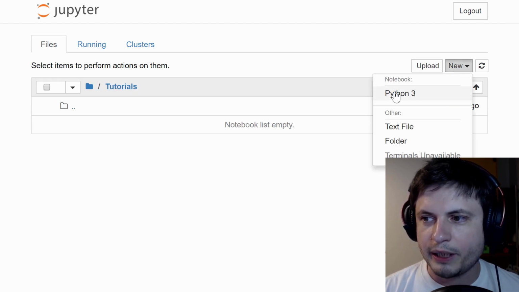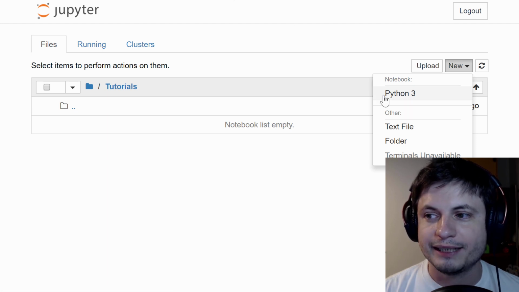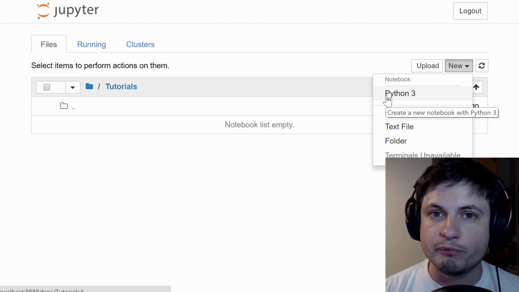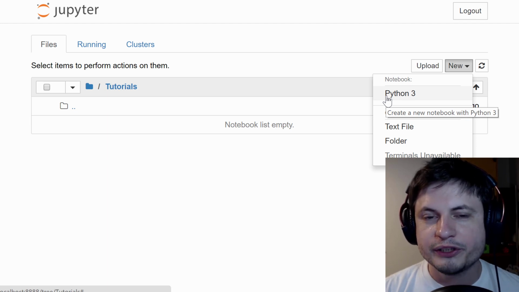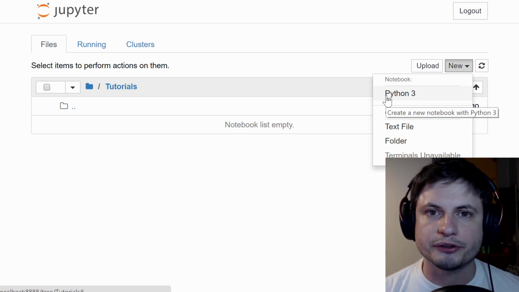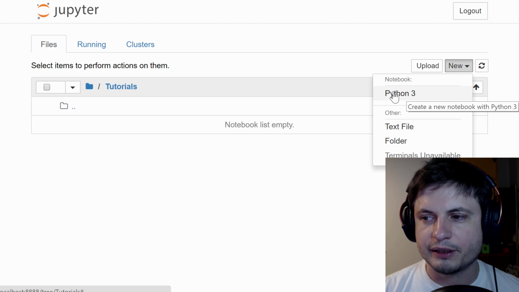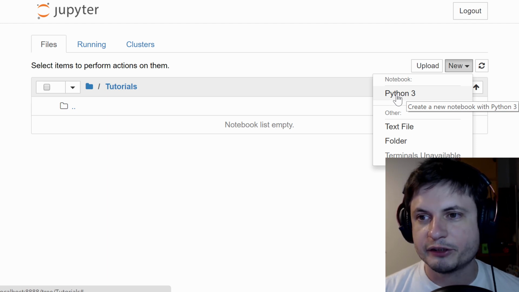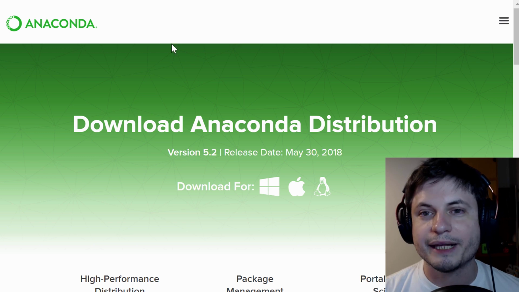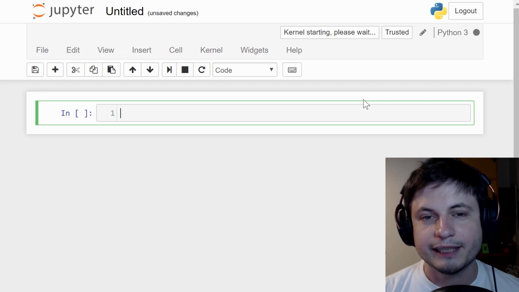And now I can actually go ahead and create a new Python 3 file. Now, if this actually says Python 2, you may actually have to go back to Anaconda and install Python 3 as well. You can actually have both, it's not a big deal. But the reason I'm using Python 3 over Python 2 is because Python 2 is no longer going to be updated as of, I guess, 2018. Python 3, however, is essentially the future of Python, so we're going to be keeping this. But I guess the important part from all of this is that as long as this says Python 3, you're good to go. If it says Python 2, you may want to go back to Anaconda and install Python 3 as well. Anyway, so if I click on this, here's my first file.